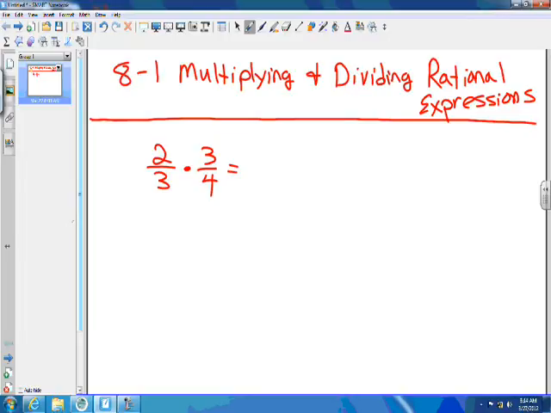Top times the top. So you would have 6 over 12, which would simplify to 1/2. So that's what you're doing today. You're going to multiply letters and numbers together. You're going to get this fraction here. Then you simplify the fraction, cancel out anything you can, just like we did right there,